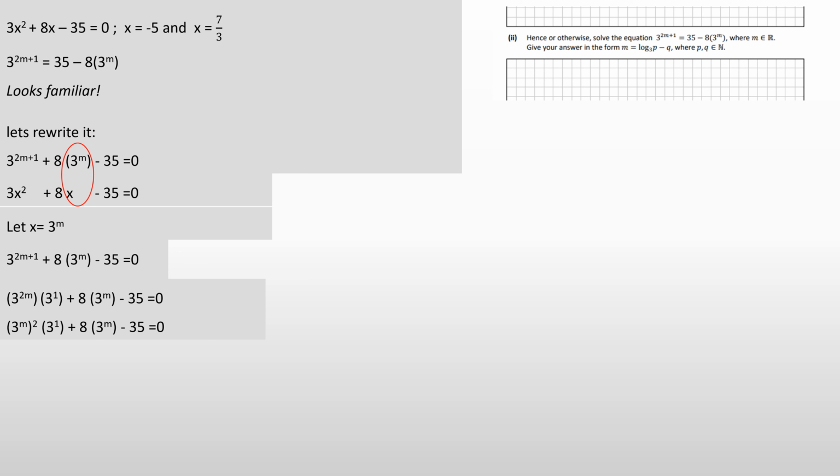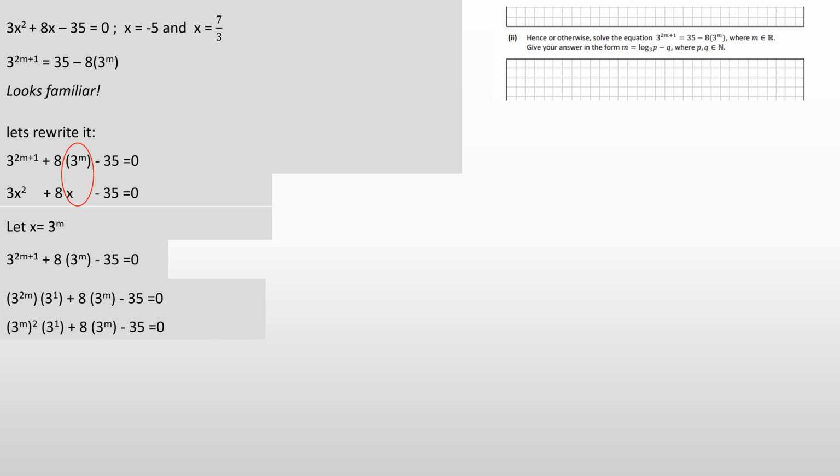And then the second thing we can rewrite is that another law of indices is that if you have powers multiplying each other, like 3 to the power of 2m, 2m means 2 times m, you can put the other power outside the bracket. So for example, in this case where you have 3 to the power of 2m, you can write (3 to the power of m) squared. So it's the same as saying 3 to the power of 2m. So you can put the 2 outside the bracket. You could have put the m outside the bracket, but in this case we want the 2 outside the bracket